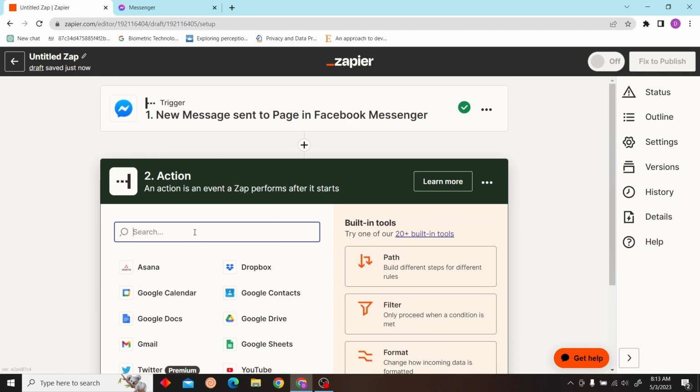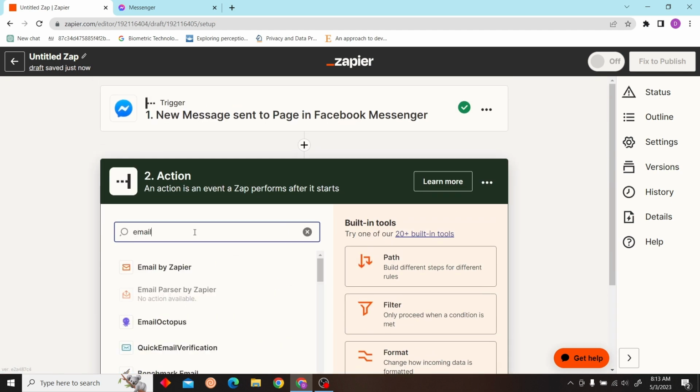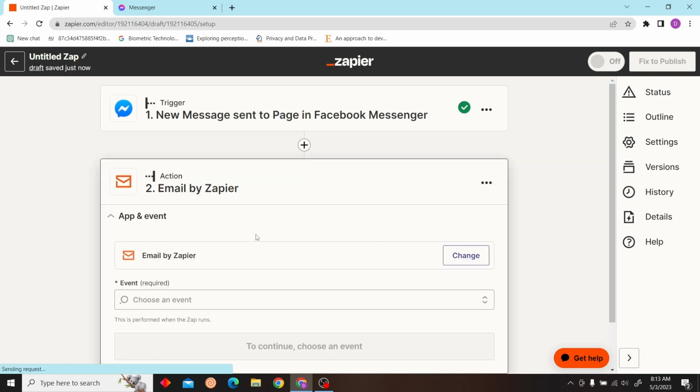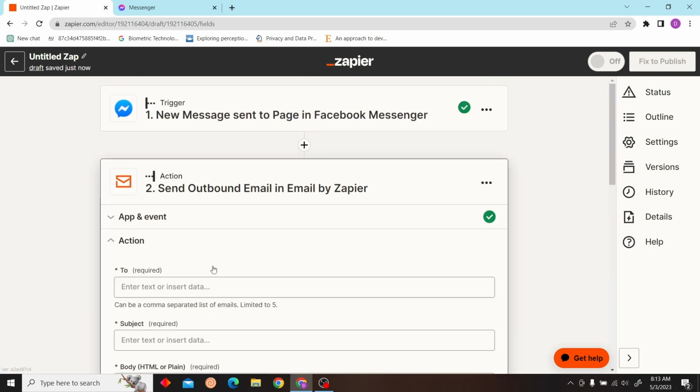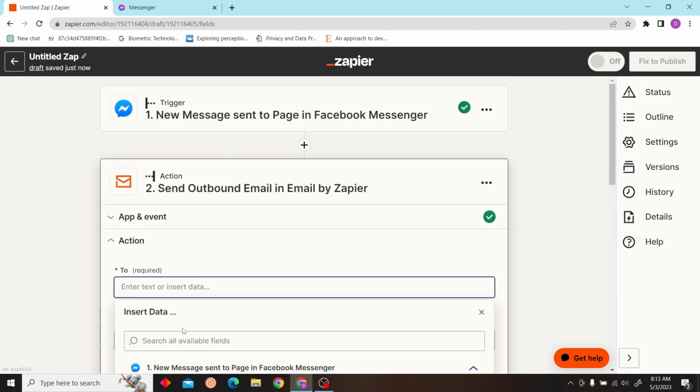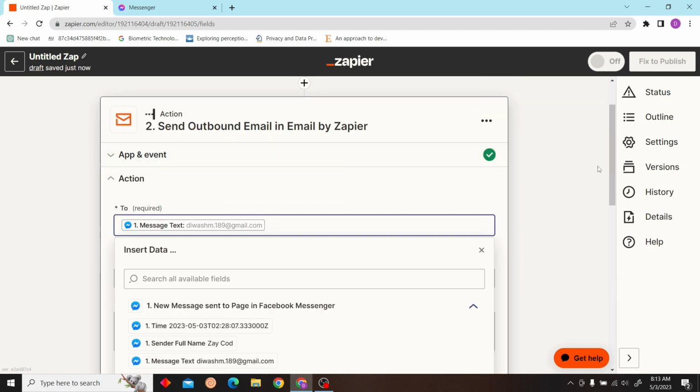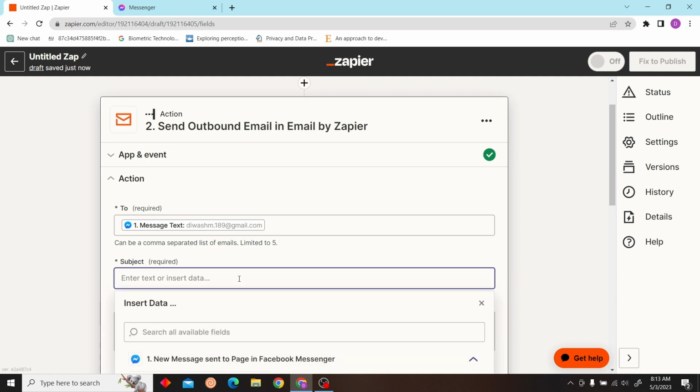Click continue, and then you can send an outbound email when a message is sent to our Facebook page. So the message will be the email, and